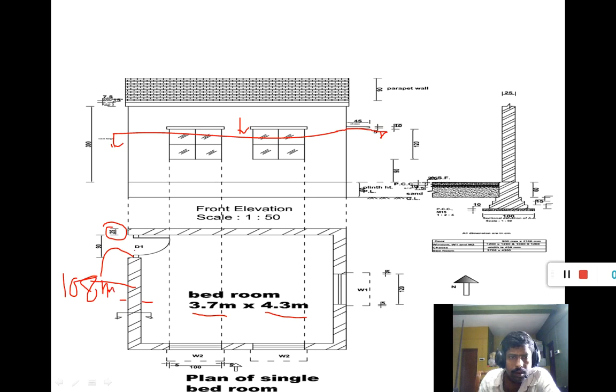This is the door panel width, which is 0.9 meter. This is a swinging door, and the thickness of the door panel I have considered is 25 mm.